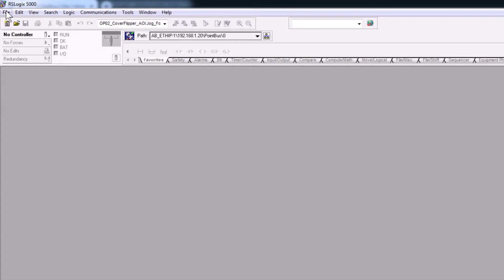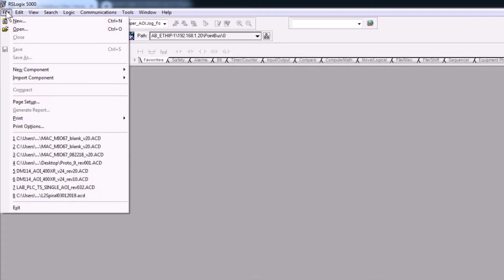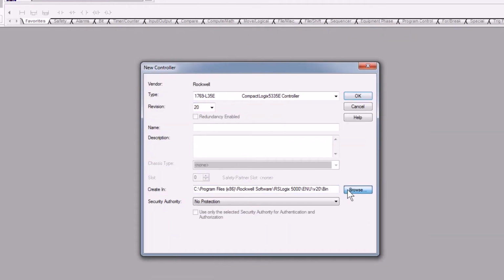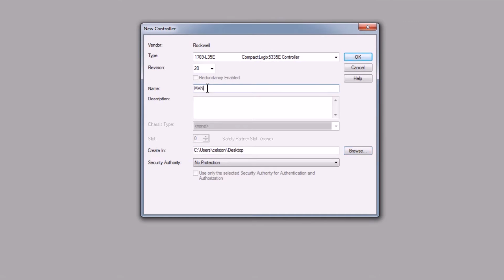Let's set up a new PLC project. I'm going to be selecting File, New, and then selecting the type of PLC that I have. In this video demonstration, I'm using a 1769-L35E Compact Logix processor, which goes up to version 20. Firmware version 20 is the minimum PLC firmware required to use an EDS AOP, and that is the firmware that I have created. We can give this PLC project a name